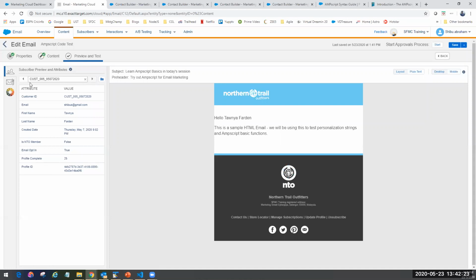Okay, it's pretty useful. Now one thing you would have noticed is the names are coming as is, so if there is a caps over here, it comes as is. Sometimes you will have lowercase, because it's coming from the database, from the data extension that you stored in. Sometimes you might have come across things like this. In a personalization string, you cannot directly change it and make it proper case. So that is the beauty of AMP script. Later on we will see how to use a function to make sure all of these are shown in proper case. Proper case is when the first letter is capitalized for every word, and the rest is small. So we'll see that when we look at AMP script later.